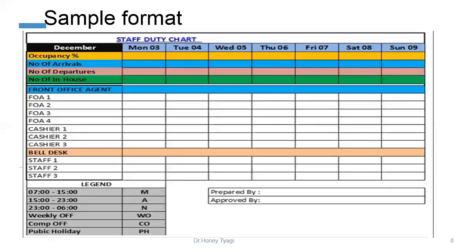Under each day column, the duty manager uses a short form for various shifts as mentioned in the legend, like M for morning shift, A for afternoon shift, and so on. The chart shown here is for a week, and likewise a duty chart for a month is prepared. As mentioned earlier, the duty manager prepares the duty rota, which is authorized by the front office manager.